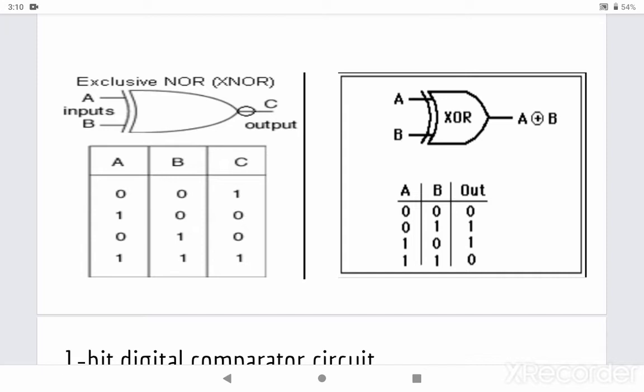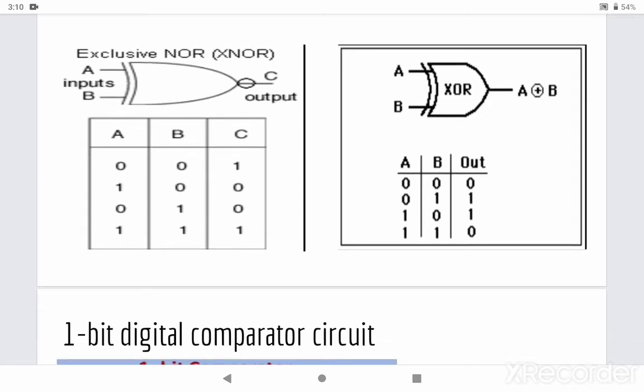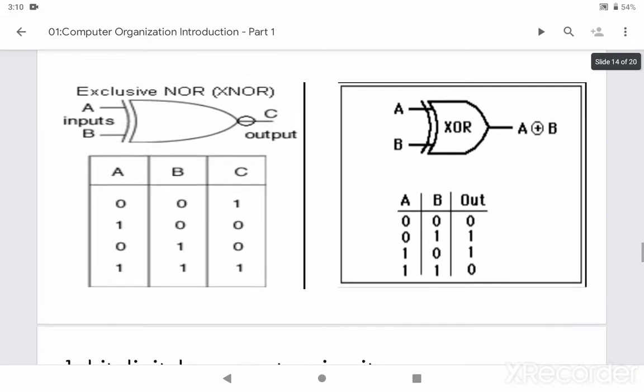That we have already seen. Then if I pass 1 and 0, the output is 0. How is it 0? Because the two inputs are unequal. Again, 0 and 1, the result is 0, because I am passing unequal inputs. Then 1 and 1 gives 1, which means I am passing two equal inputs to my XNOR gate. So this is the truth table for XNOR.